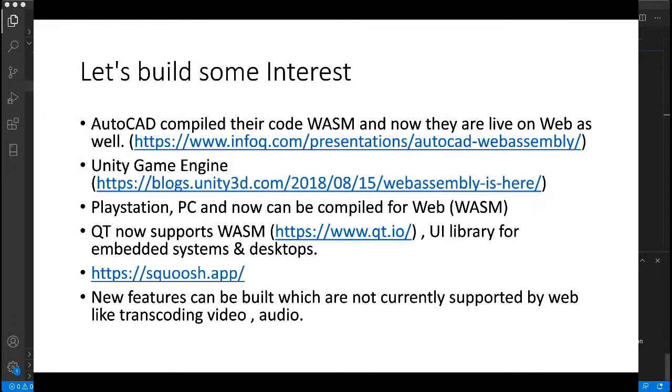Now, before going deep into WebAssembly, I'll show you what the use cases of WebAssembly are and where companies are using WebAssembly. So you must have heard of AutoCAD. AutoCAD is a software for designing prototypes for multiple things like vehicle prototypes and building prototypes. AutoCAD code was completely written in C and C++. So basically the AutoCAD team has compiled the entire C++